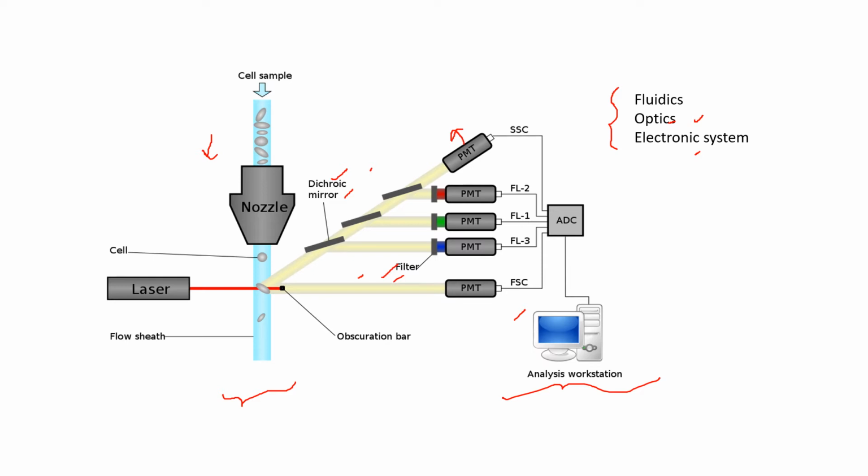Optic filters are designed as band pass, long pass or short pass, which filter the specific wavelength of light. It is detected by the photomultiplier tube, or detector, or sensor. After that, this sensor gives a signal to the electronic system, which amplifies the signal. The electronic system converts the analog signal into a digital signal, and it is recorded on the computer.